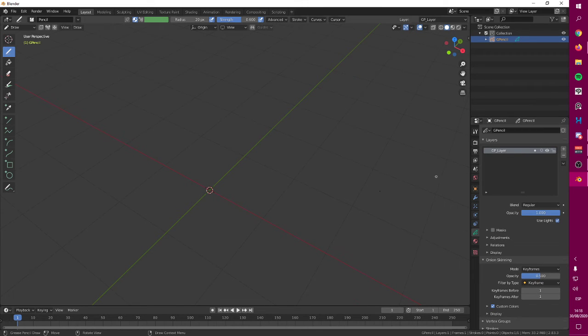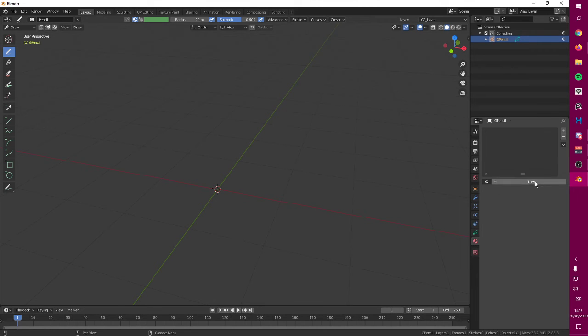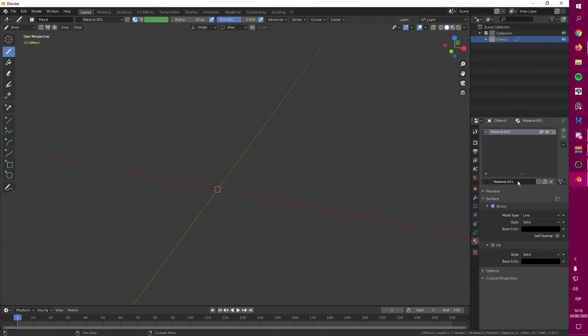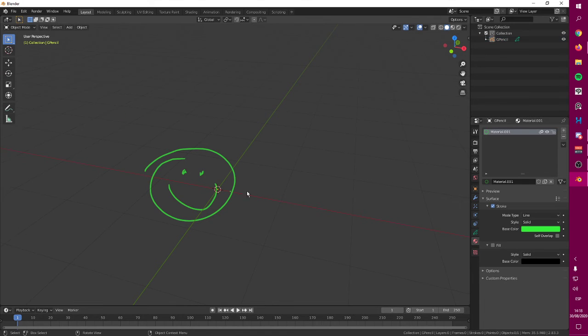So you just have to create a layer in here, and if you want to create a new color, you go on this option, create new color, and now you have this color. If you want to change this color, by the way, just go in here, and here you can change this color. All right, so that's the blank grease pencil object. As a matter of fact, let me create different grease pencil objects. Like this is one.